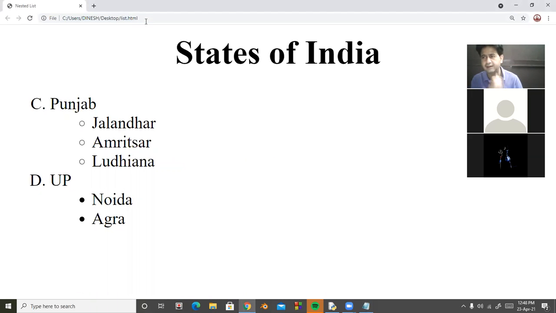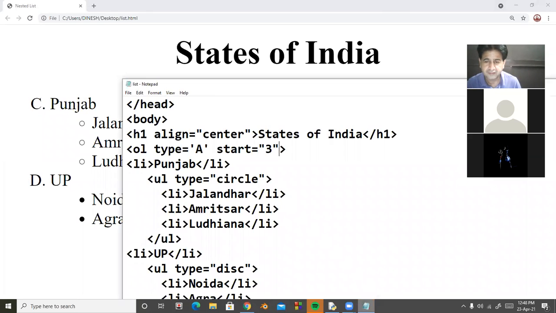So look at your C and D. Now next is the case of your unordered list. An unordered list is also called a bulleted list. Here we declare bullets, and in ordered list and unordered list, the nested tag is called LI. It stands for list item. So it is a container tag. It is not an empty tag.